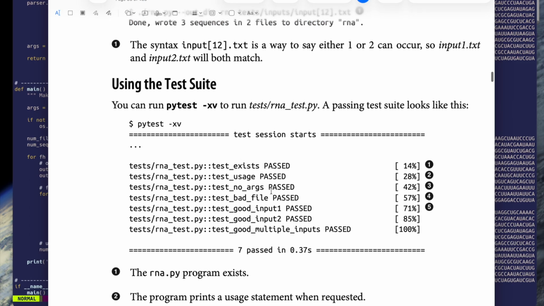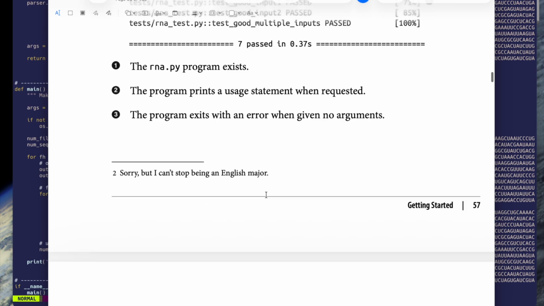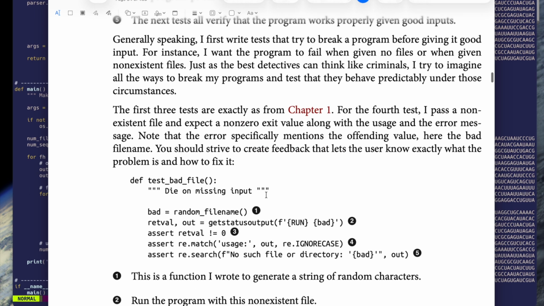If you would like to pause this and make that happen and then get a full passing test suite, and come back, I will show you how to finish up this program. So if you are still with me,